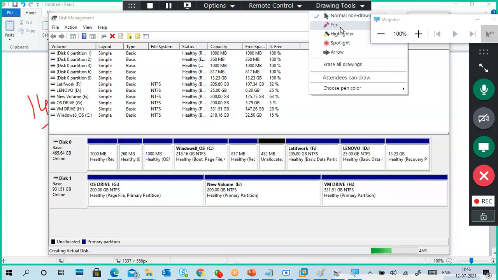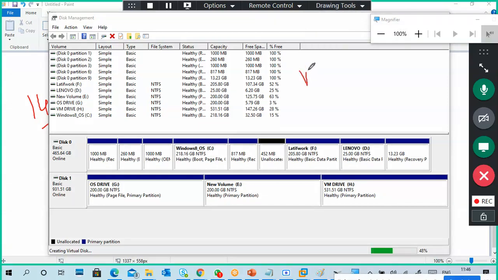So again, while it is going, I'm going to repeat: VHD supports up to 2 terabyte disks, you can create it. VHDX, more than 2 terabytes, what is the maximum? 64 terabytes.